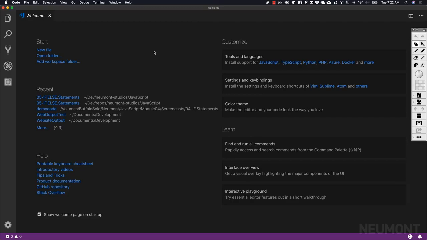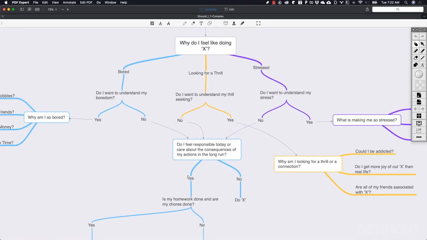There are better ways to accomplish this logic as you become a more competent software developer, but for now, this is a good way to do branching logic within other branches of logic. So let's talk about what I mean by that. Let's open up our example of a logic tree. Intentionally I made this logic tree pretty complex. It's not super complex, but it's complex enough to show all of the examples